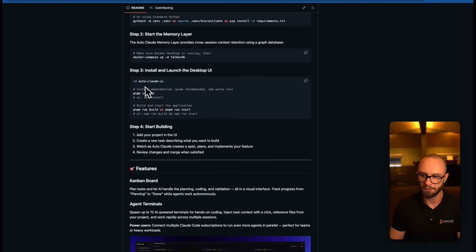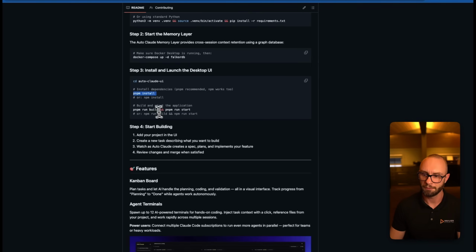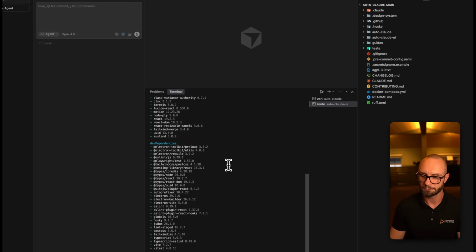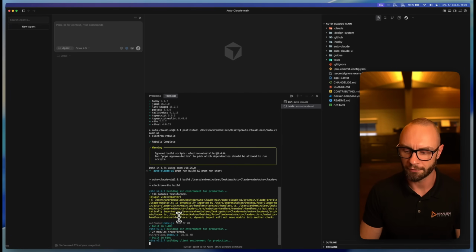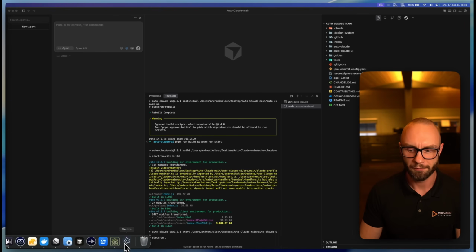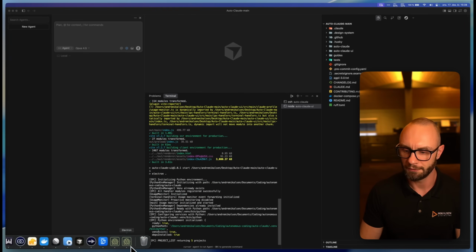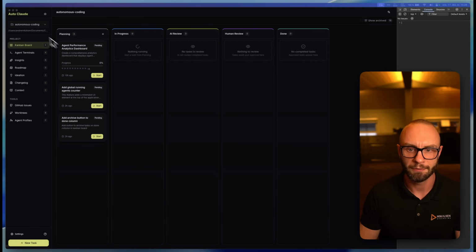And the last thing is to actually just install and launch the application. So we're going to do pnpm install. That installs everything. And then just copy this command once it's done here. So now it will just build everything and it will start the application as soon as it's done. And it's taking quite a short amount of time. And now we can see we're getting a new application up and going here. So there you have it. It's up and going.